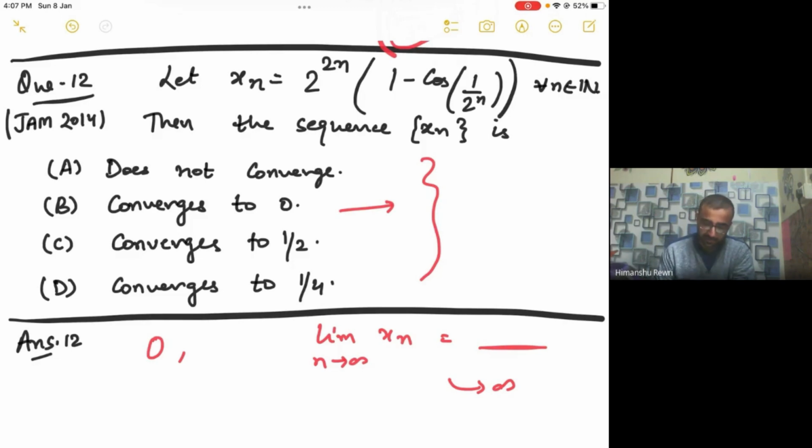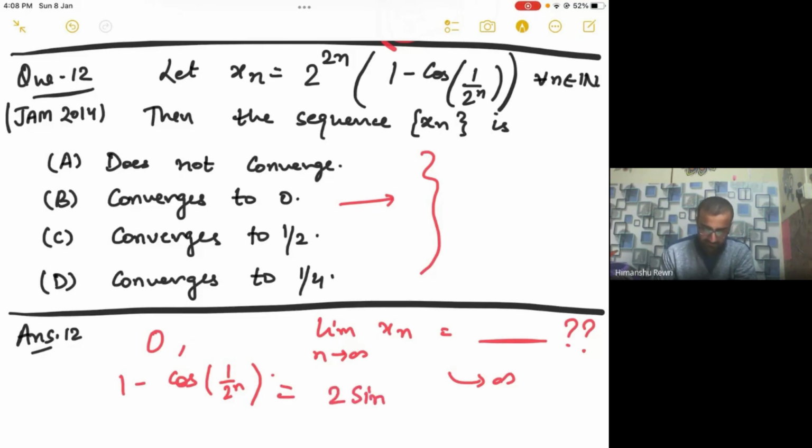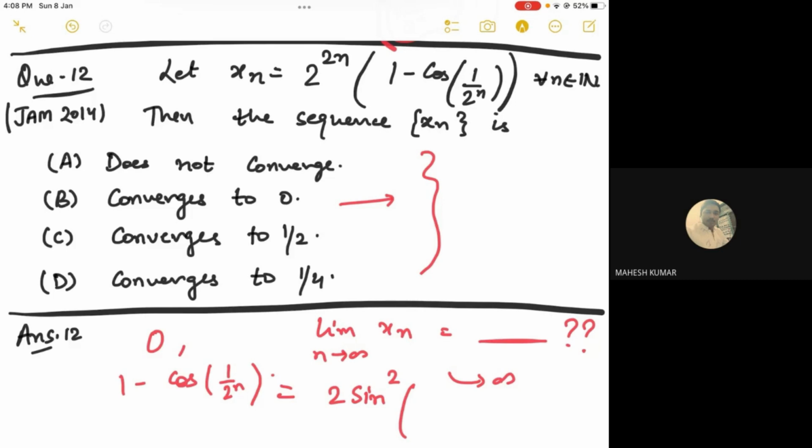So what will be the limit of this? So one hint is already given by Mahesh, that 1 minus cos divided by 1 raised to the power 2n. So this is equals to